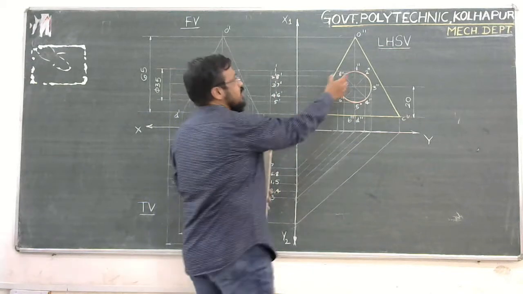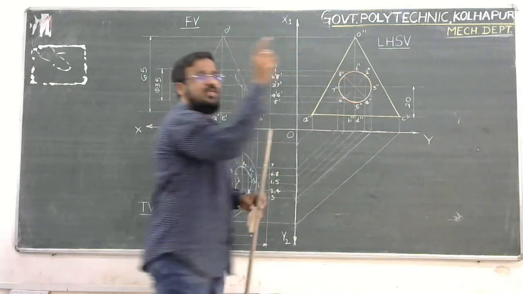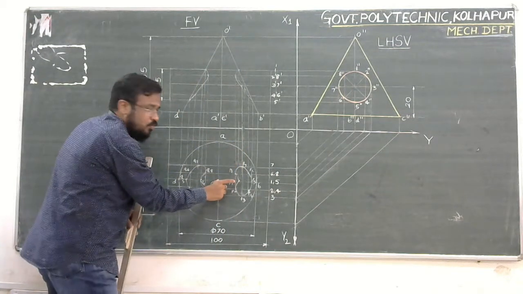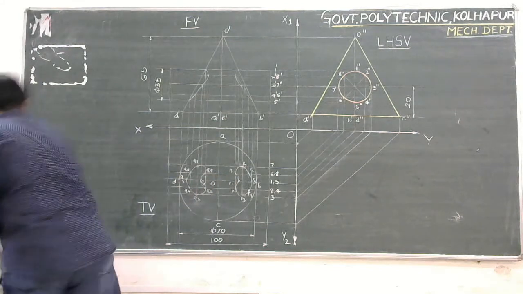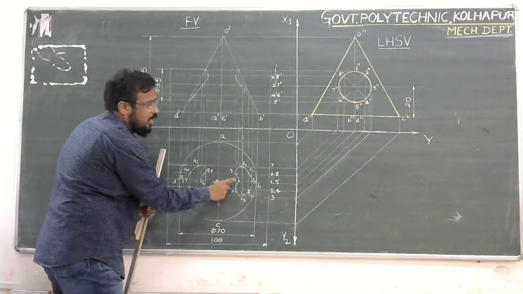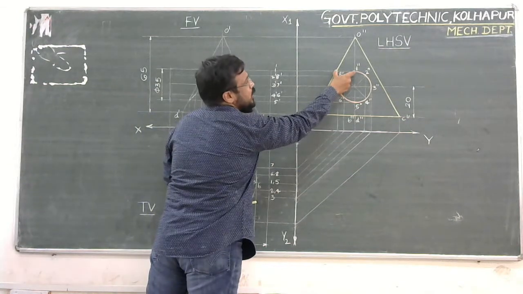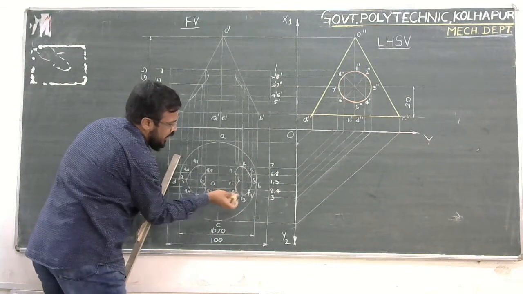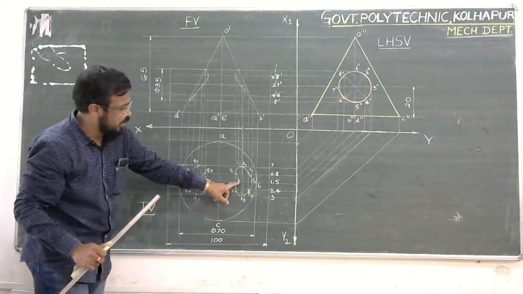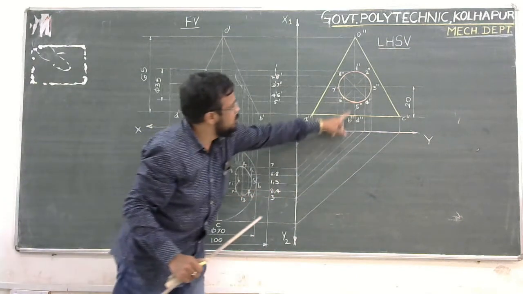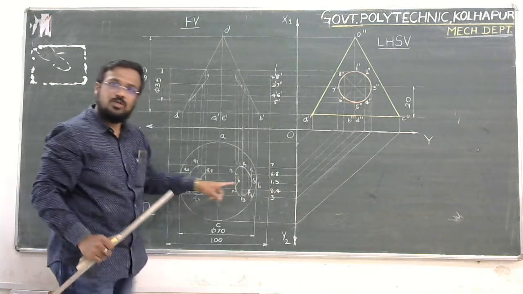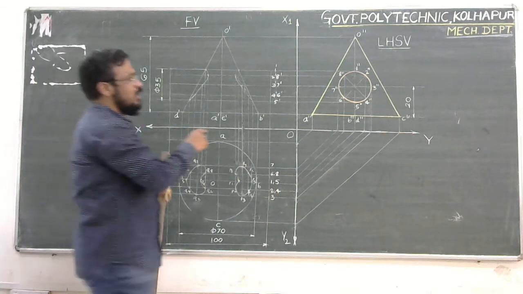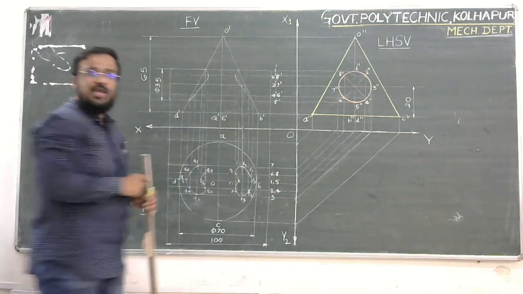So what distance you have to consider? This horizontal distance. You just take this distance into your compass, and with this O as a center, you have to cut an arc, O as a center, and radius equal to this 1 double dash to this edge O double dash A double dash. With this arc and O as a center, you have to cut the point here. On which line you are going to cut this point? The line which is drawn from this point 1 double dash. So likewise, I may get this point as 1. Okay. Similarly, next to this point is point 2.